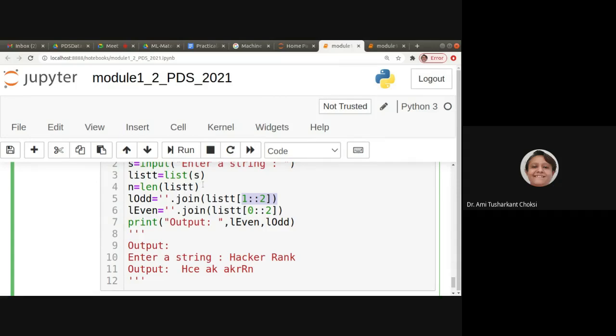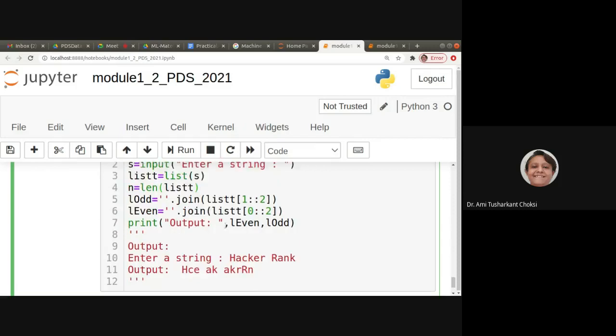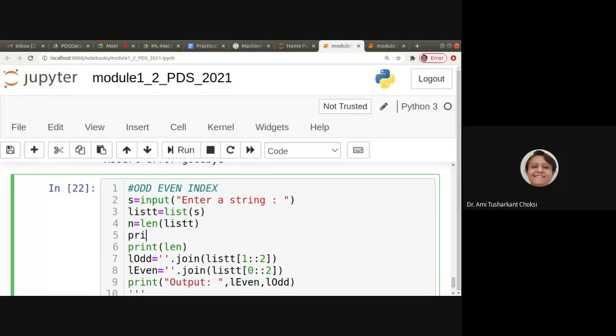Now, what is the len of this list? We haven't printed it. Let me print it so you can have the idea, right? Print len. And I want to print the list also. Let me print s, that is the first string.